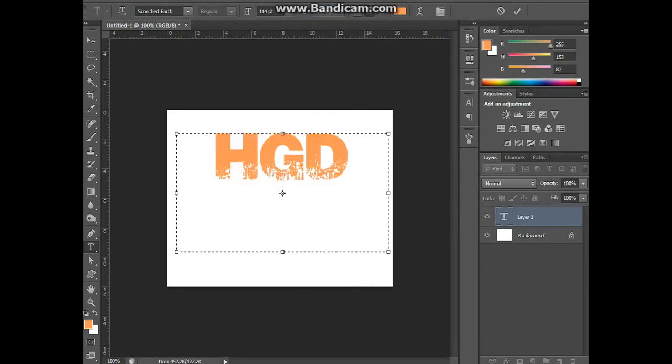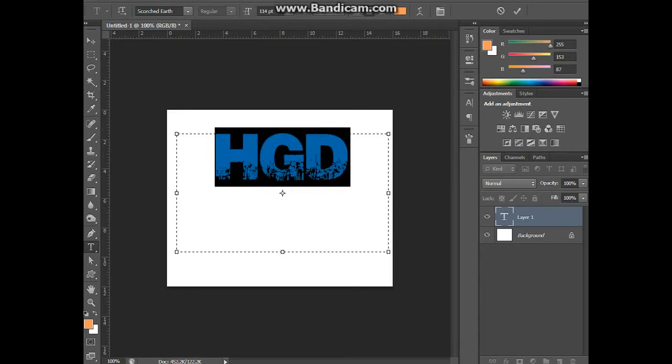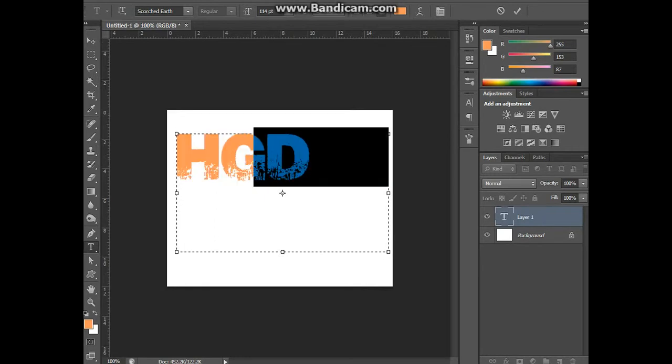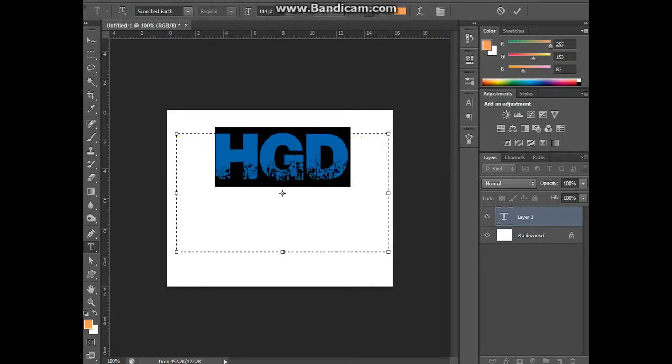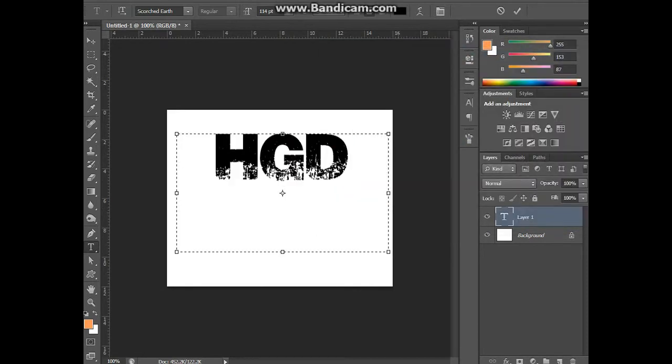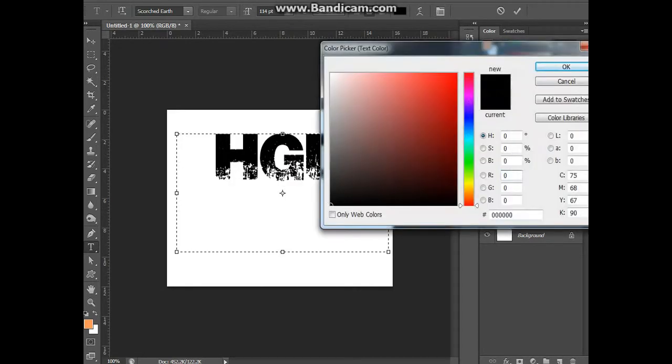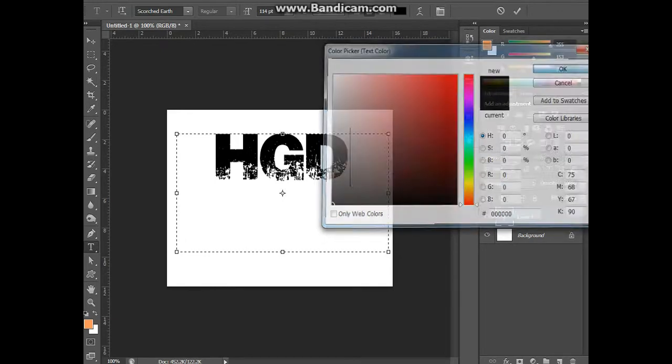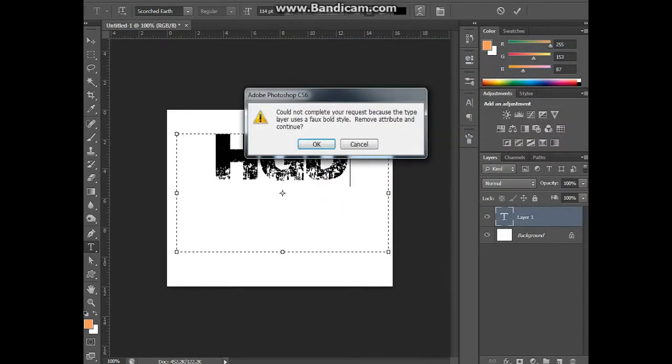Then you've got your alignment. The standard ones that are up here in the toolbar are left, right, and centered. So you can pick those. Those are left. Those aren't justified, by the way. I'll explain what that means later. But then there's your color, which I've set to orange because of my earlier project. You just pick that like you're picking your color in any other part of Photoshop. Then you've got